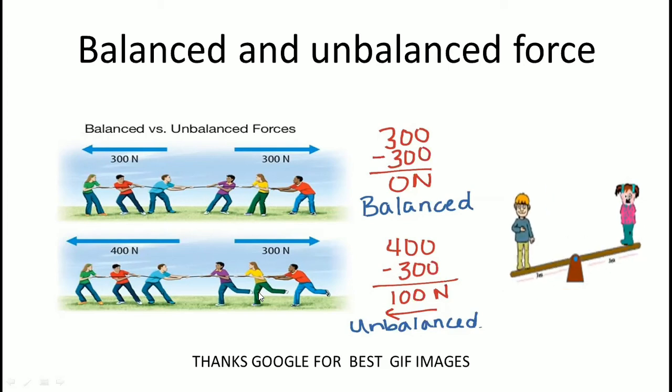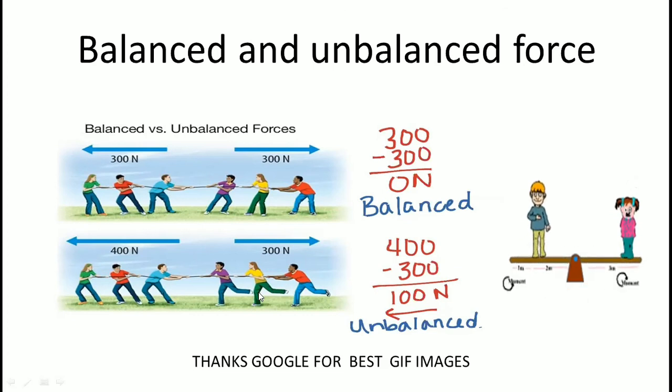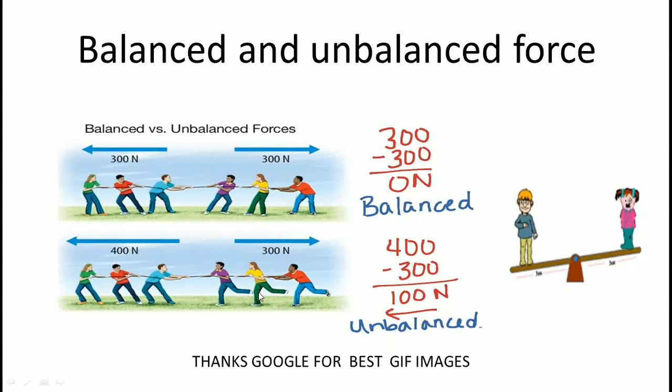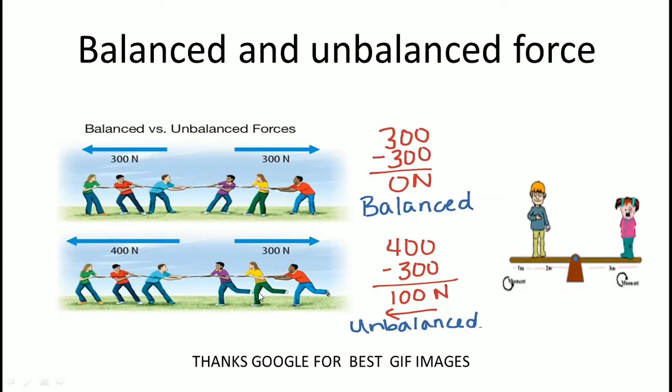Then giving some examples from your textbook: several forces applied on an object in the same direction, a force equal to their sum acts on the object. If the forces are applied on the object in directions opposite to each other, a force equal to their difference acts on the object. A force is expressed in magnitude and direction, so force is a vector quantity. That is the balanced and unbalanced force.